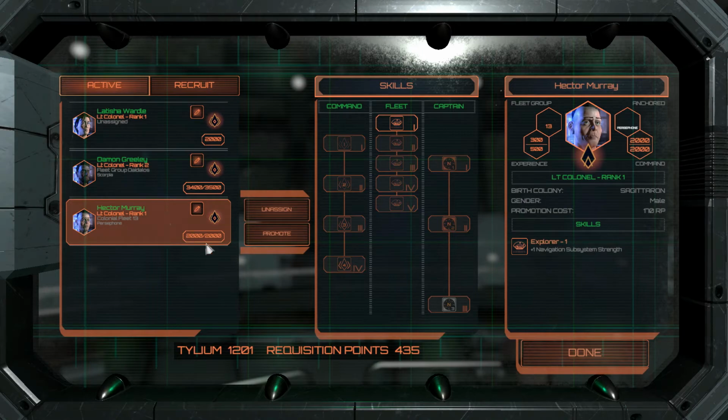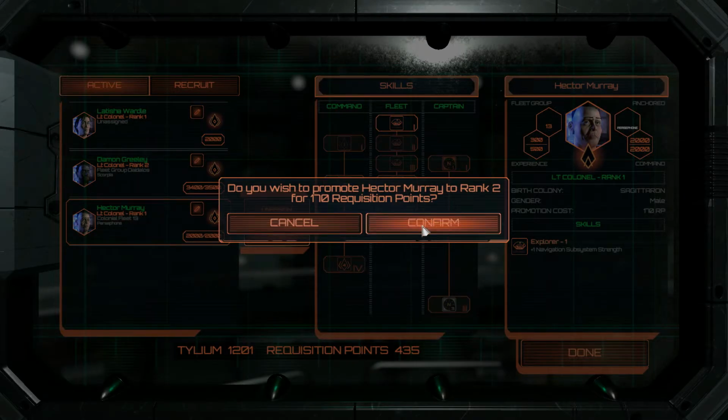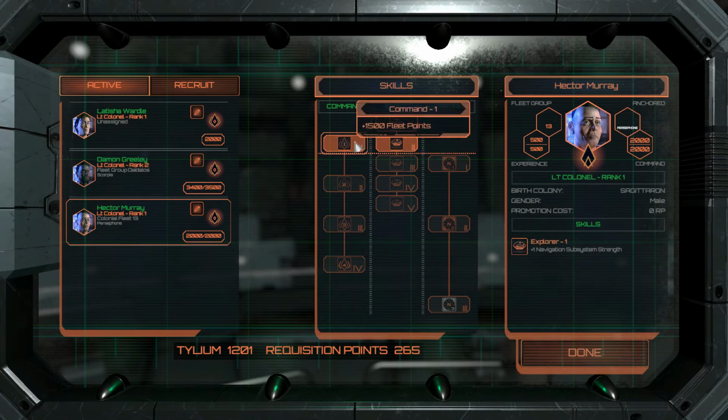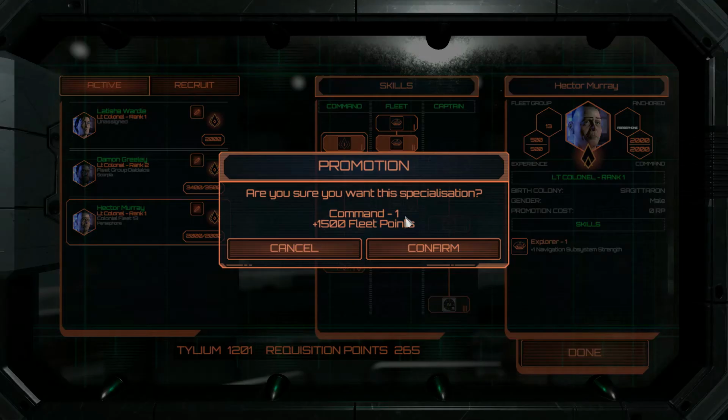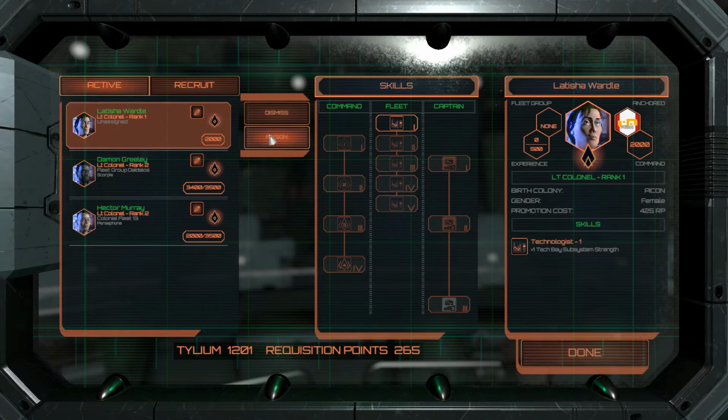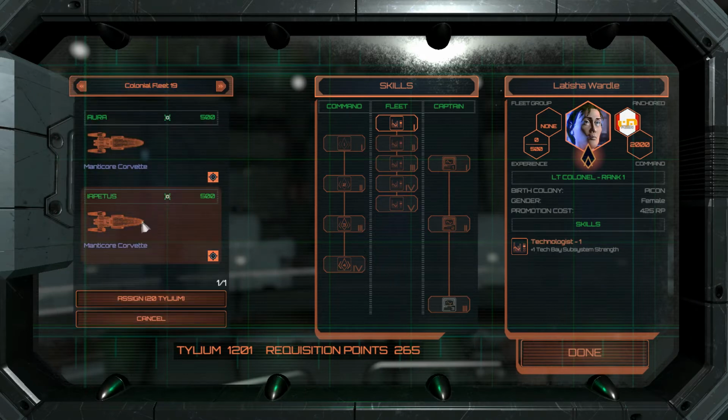Let's see, I can promote her. I can promote him, that might help. Let's see. For 170 requisitions, so I'm gonna do that. I'm gonna need more ships though for this to be useful. So maybe I go for the objective first, although I need to wait for my drives to kind of spool up anyway, so...